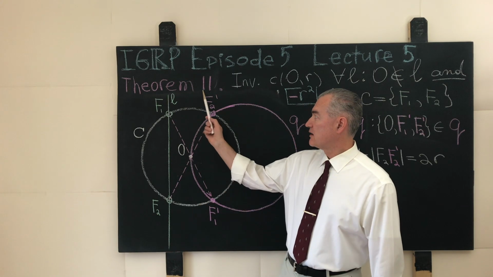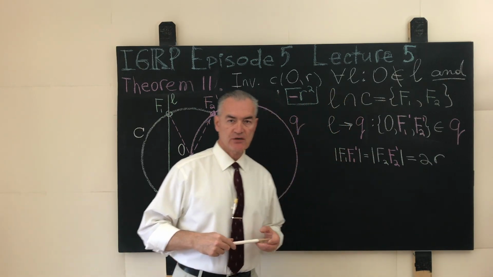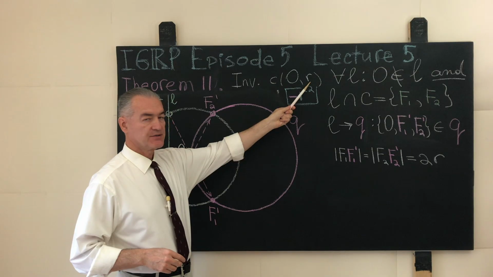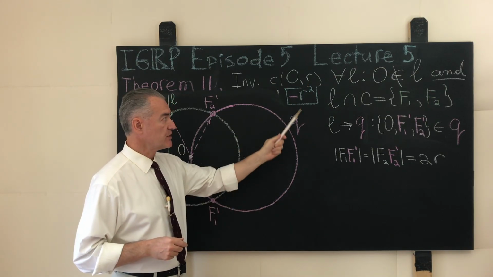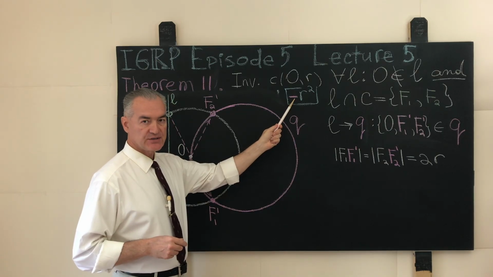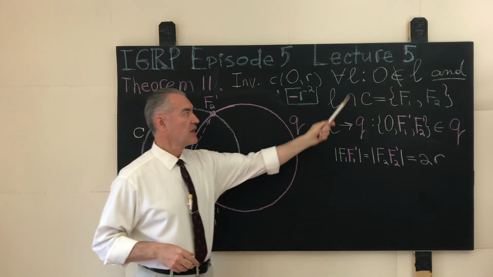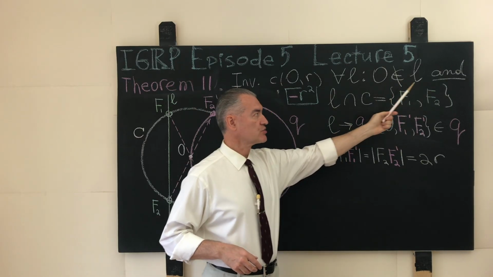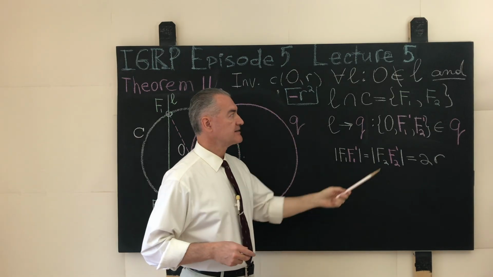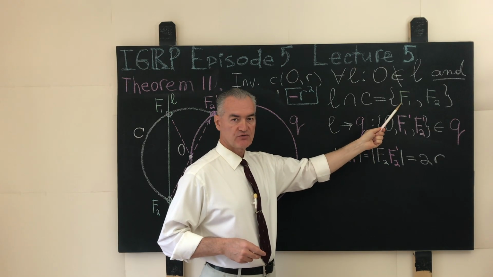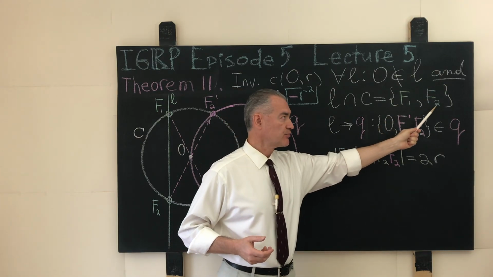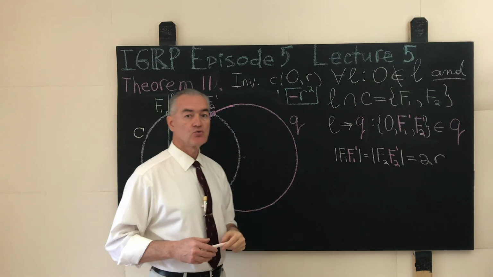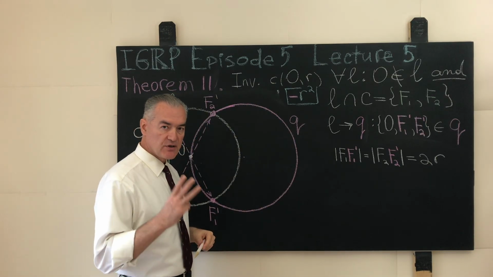According to theorem number 11, under the inversion of a plane with respect to a circle named C that has the point O as its center and R as its radius with negative power, this time with negative power as shown with the red minus sign in front of the square of the radius of inversion, any straight line L that does not pass through the center of inversion and has precisely 2 distinct points in common with the center of inversion, the point F1, for example, that is not equal to the point F2, and a point F2 that is not equal to the point F1, is taken into a circle that passes through the following 3 distinct